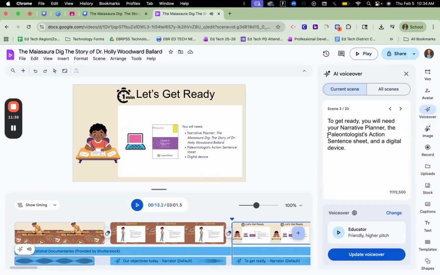Now, if you notice at the beginning of this session, I said that sometimes they may make mistakes. So you can always go back in and change your script to how you see fit. You can always give directions to students. Maybe you can tell them right here on the Let's Get Ready to pause this video so that they can